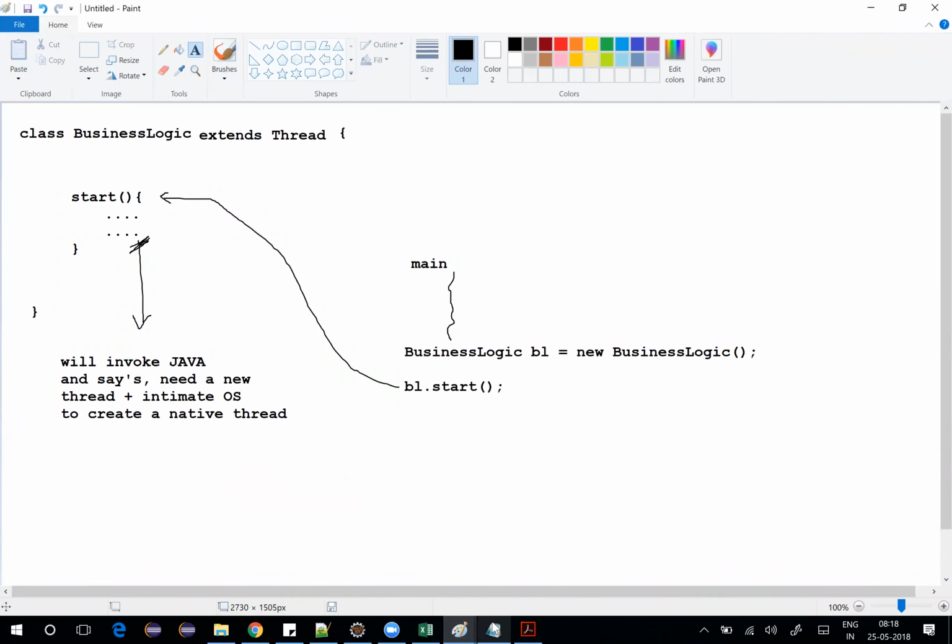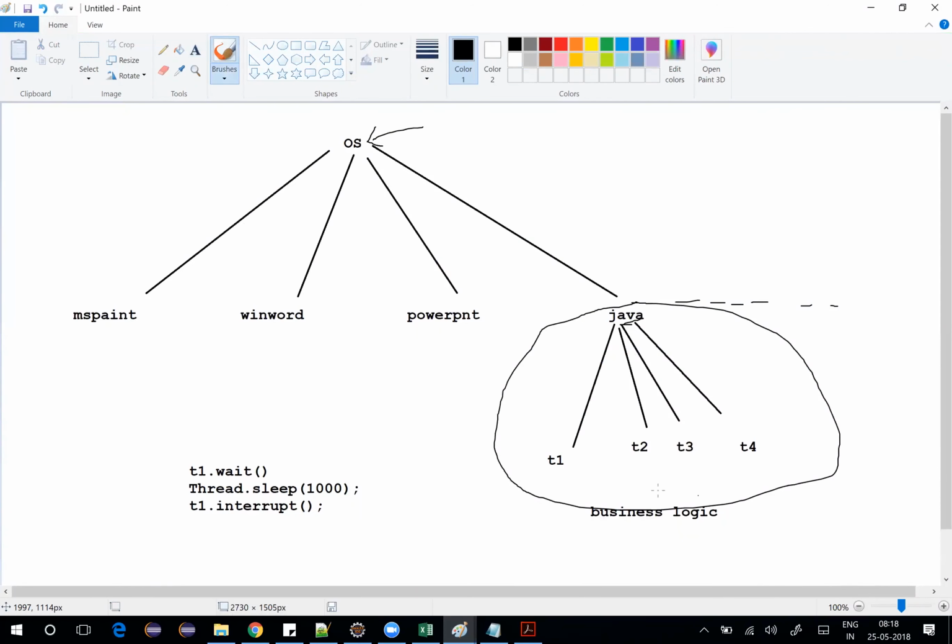So how are these threads created here? These threads are created here. These threads which you see in this bucket in this place are intimated to the operating system. The operating system will help me create one thread so that there could be a place where I can execute some job. Likewise, if I want multiple threads,